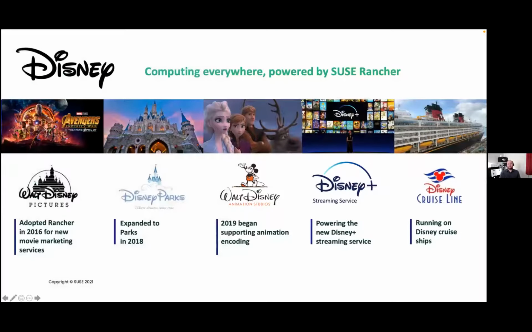We've talked a lot about hybrid today as well, and a great example of that is Disney, where they've used SUSE Rancher technology initially within their movie marketing team. But as they started to realize the value of Kubernetes management, they expanded that elsewhere to their parks in 2018. They've now also expanded that onto their ships. And I think that this is really quite key, because today you may think, well, this isn't relevant for me. I'm not thinking about edge technologies. I'm not thinking about AI ML. I don't operate a cruise line.